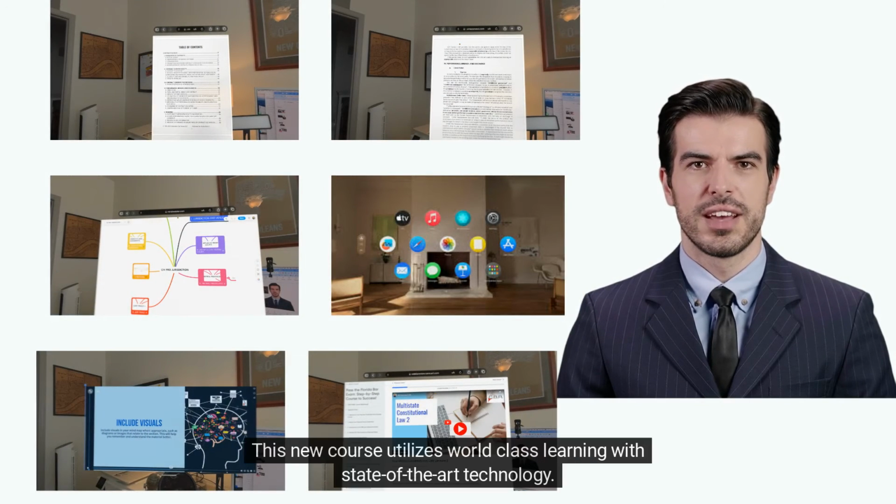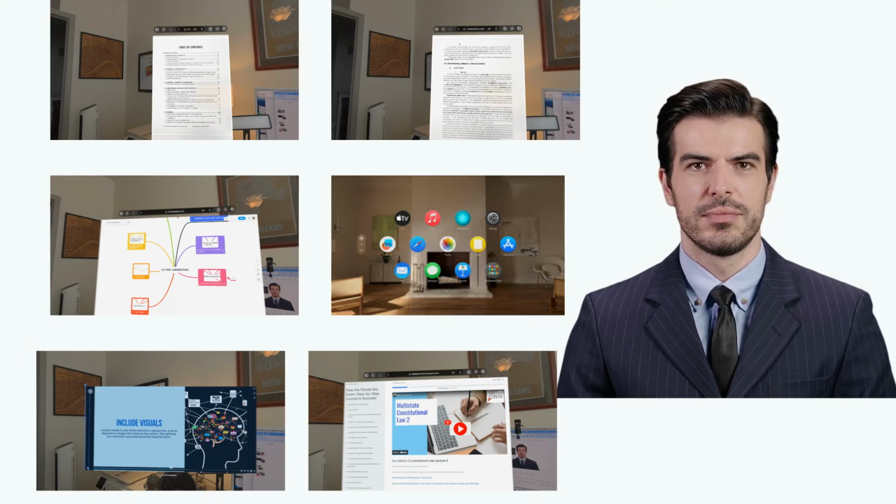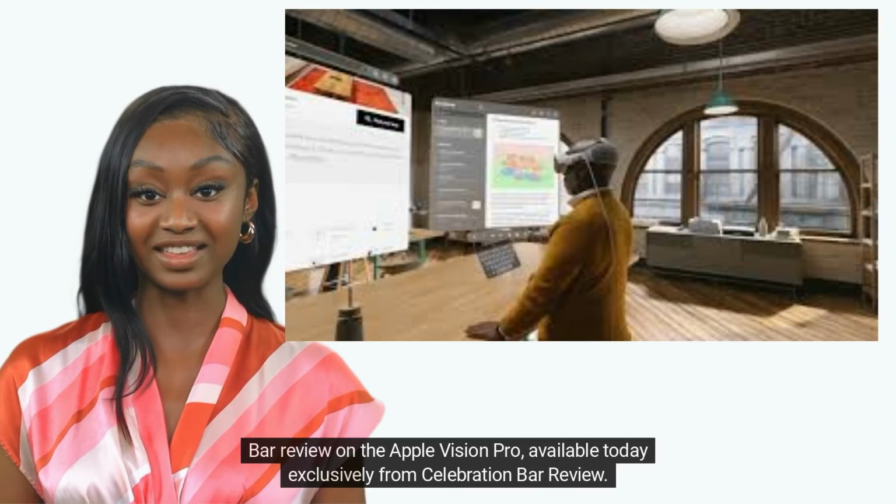This new course utilizes world-class learning with state-of-the-art technology. You'll study faster, better, and with superior results. We guarantee it. Bar Review on the Apple Vision Pro, available today exclusively from